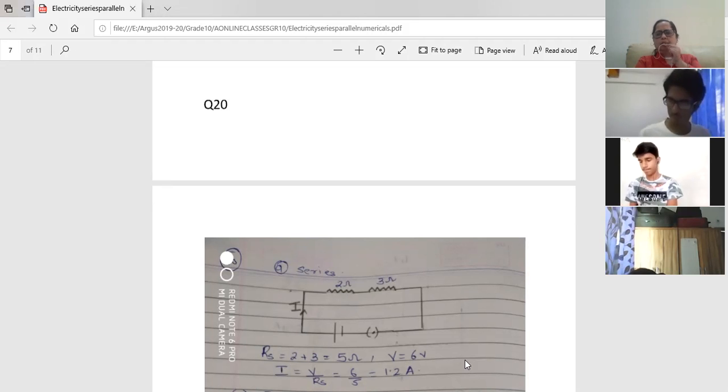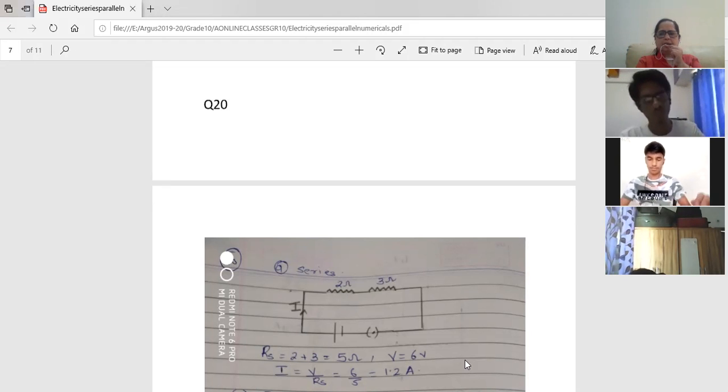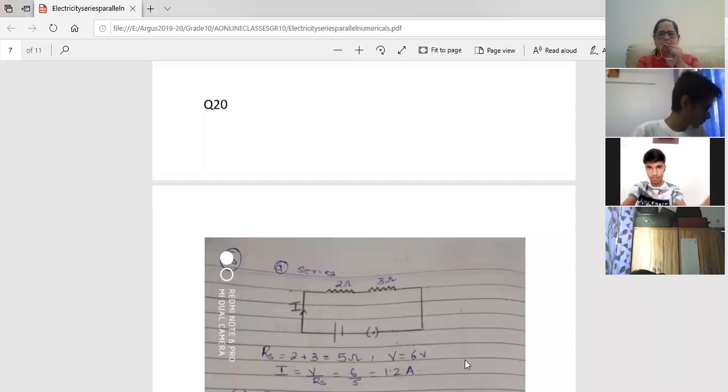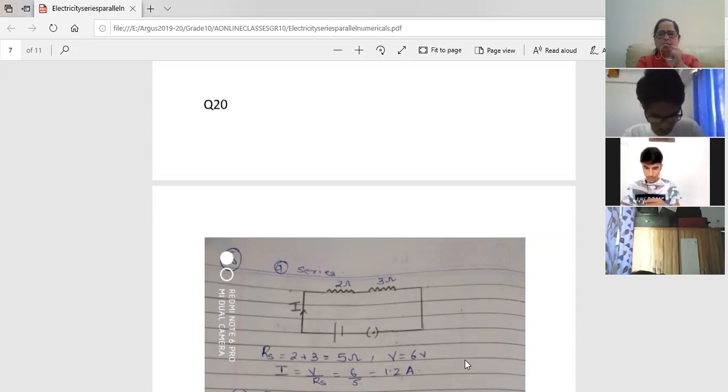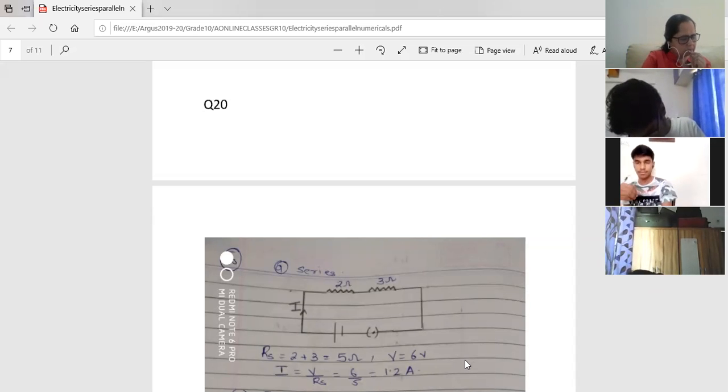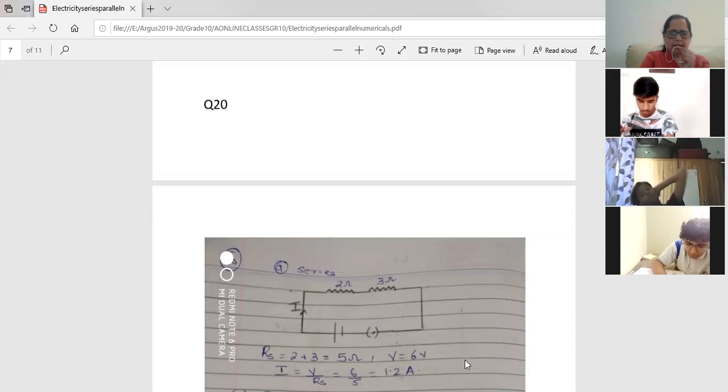Fine. Now I want the parallel connection. Who will give me the answer for parallel connection? Come on, connect both of them. Akshat, please give me the answer. What was the net resistance that you got, Akshat, for parallel? Net resistance for the parallel combination, what did you get? Sorry, ma'am, can you repeat? What is the net resistance of the parallel combination? Sid, you will sit straight. 5 ohms. No, how can it be 5 ohms?